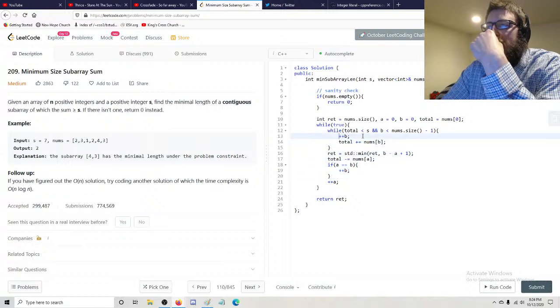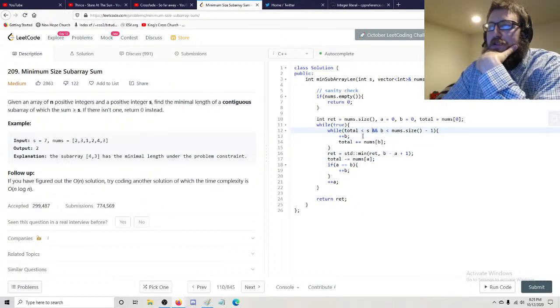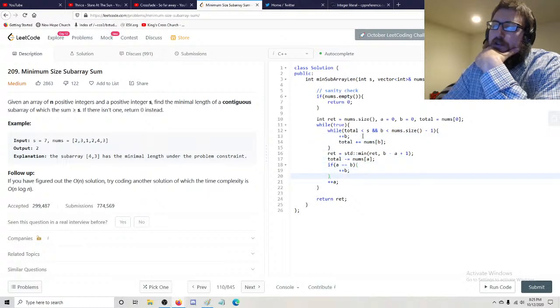Then let's say you have to increment b a few times here, right, to increment the total. So you scroll it over a bit, and then you scroll a. Let's say, yeah, now the total is greater than or equal to s. Scroll a, and now the thing is here. If you get down here, and the total is